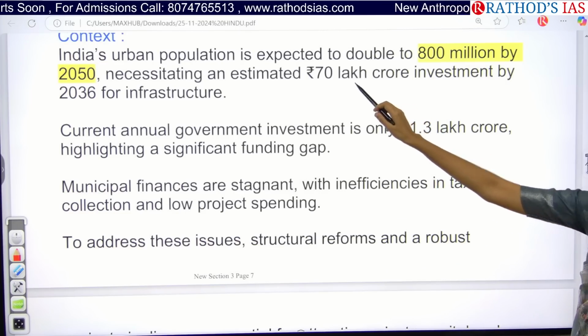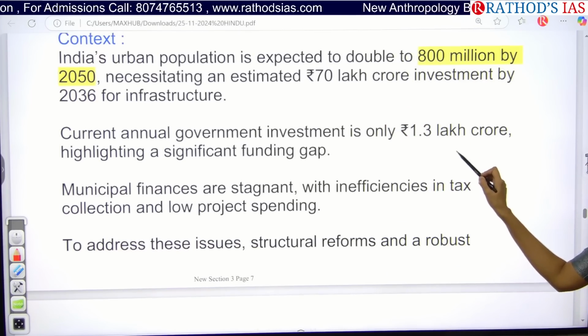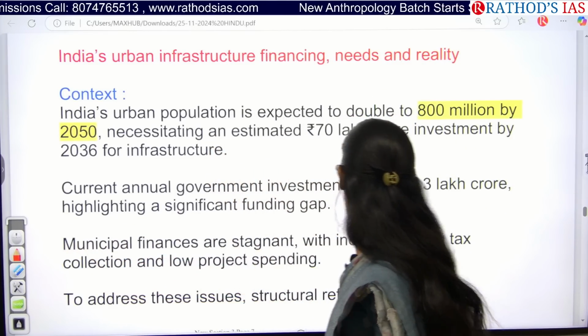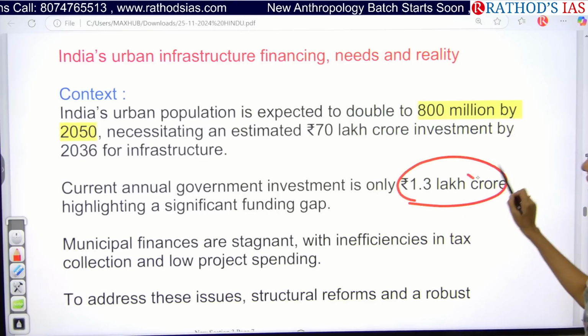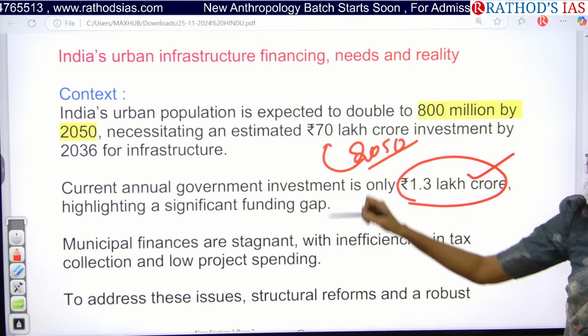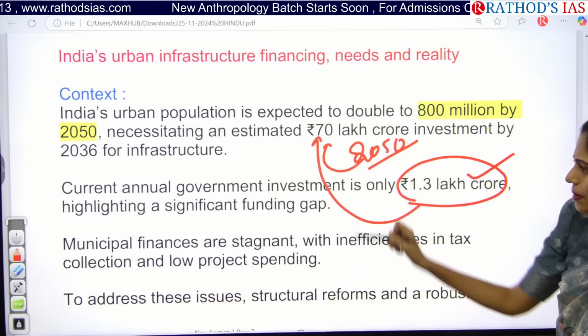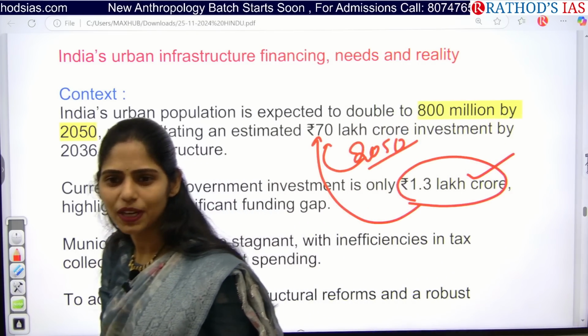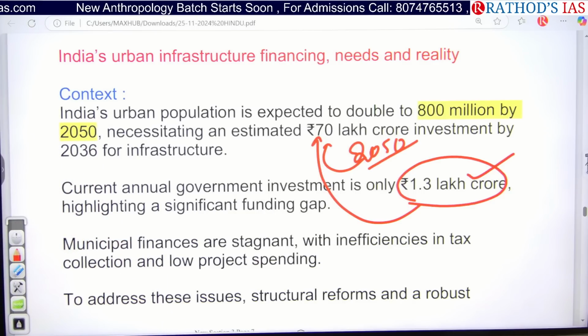That means now we are in 2024. In 2024, we are spending around 1.3 lakh crore every year. But by 2050, we have to spend 70 lakhs. That means how much funding gap is there? So there is a large amount of funding gap that is present to give the basic amenities for the people